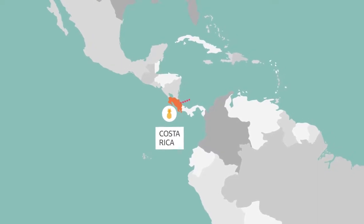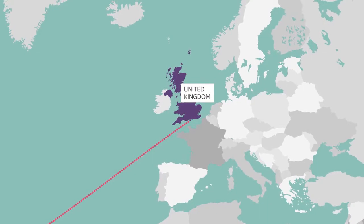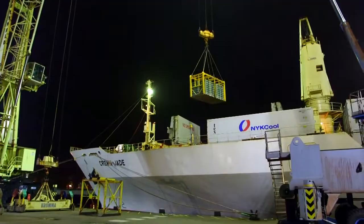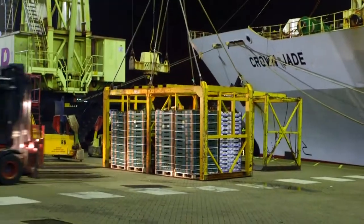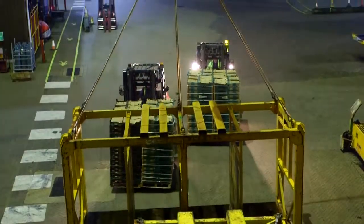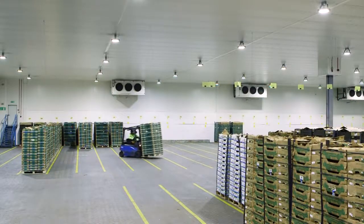The ship travels from Limon in Costa Rica to Portsmouth in the UK. Once the ship arrives into port, the crates of pineapples are unloaded. Then they are moved to a cold storage area, where they are ready to be quality checked before being